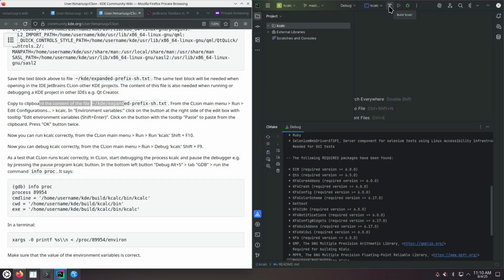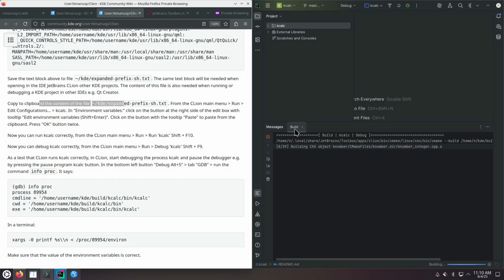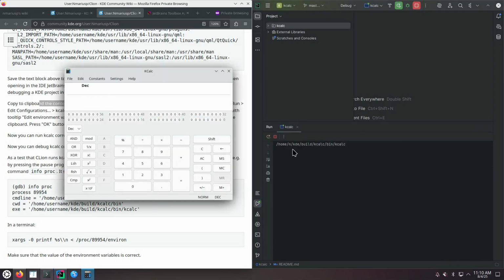We could also click on the build button. Let's see build. But again, if we run, it's going to see that it needs to run building. Okay, tool window for building. It's showing a shorter version of the output from Ninja. And then once the build is finished, the tool window for running is being shown, this one with run and then a tab for kcalc. It has run the correct executable from